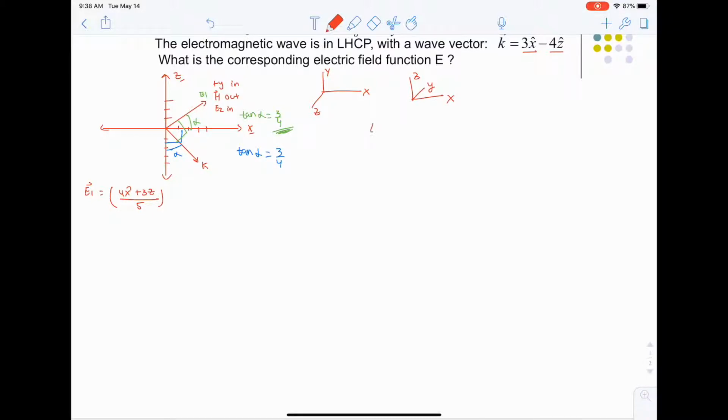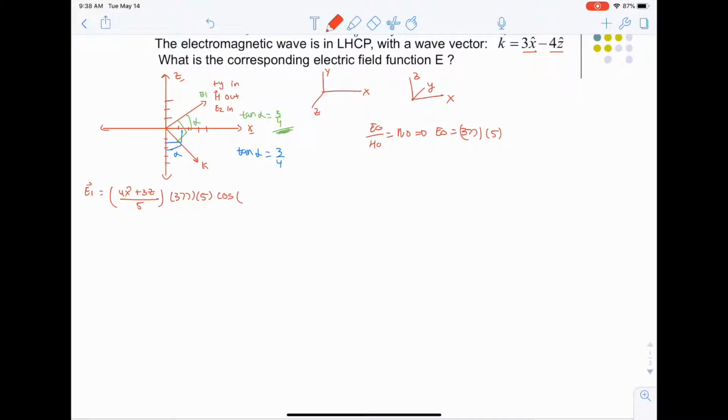And E naught over H naught equals eta naught. And since we're in a vacuum, we know eta naught is 377. So E naught equals 377 times 5. So I'll leave this like this for now. 377 times 5. And it's going to be cosine